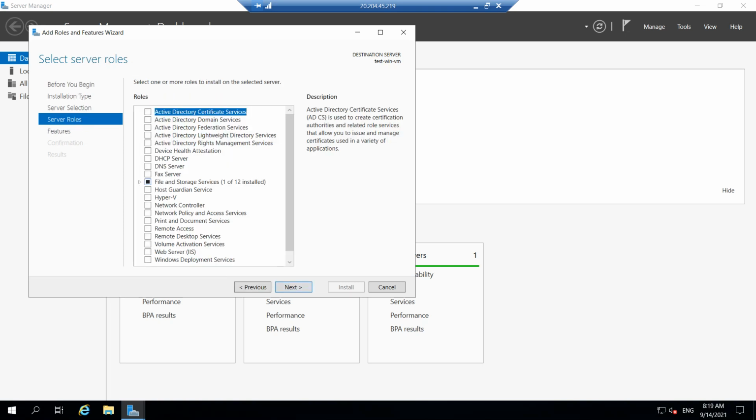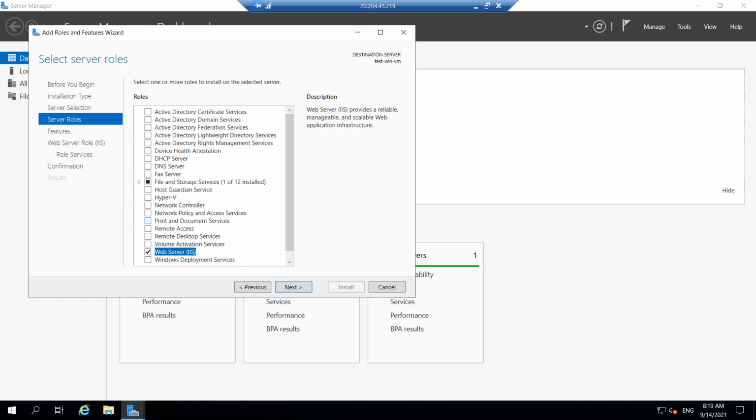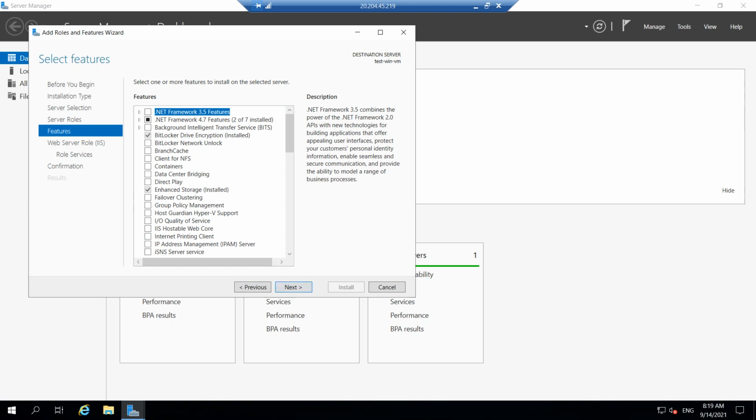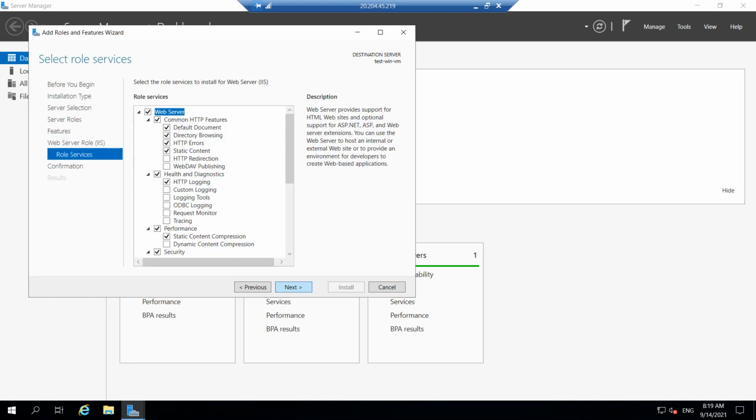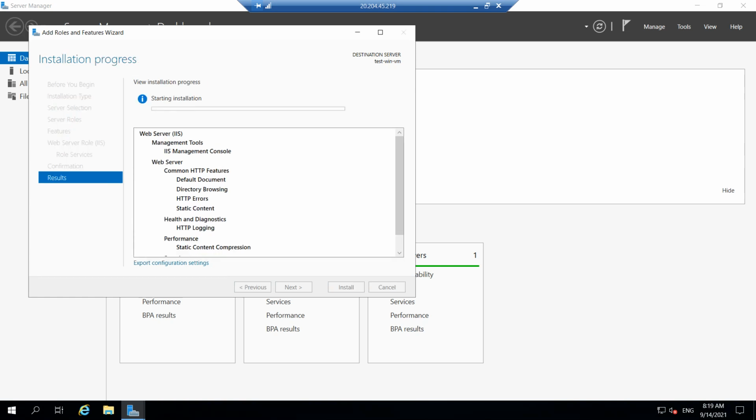Now from here I need to choose what I need to install. As you can see, there is an option of Web Server (IIS), Internet Information Services web server. I can simply select that and then click on Add Features. Now the Internet Information Services web server will be installed in this virtual machine. Click on next. We don't need any other extra thing, we just had to install the web server. Click on next and then simply click on install finally. Now this web server will be installed.